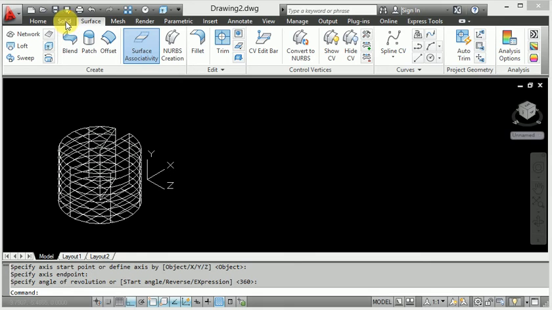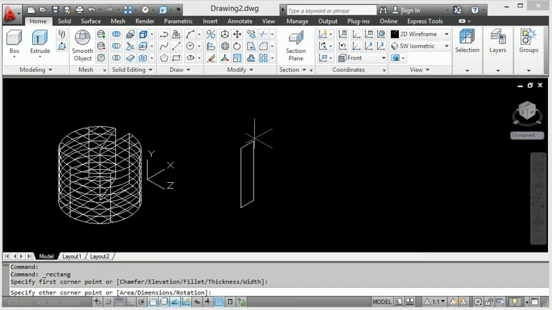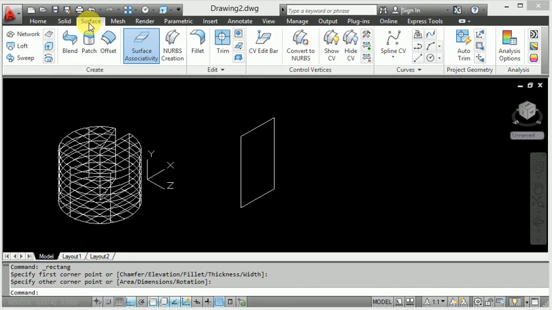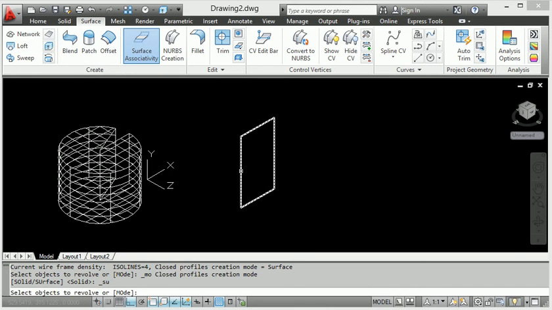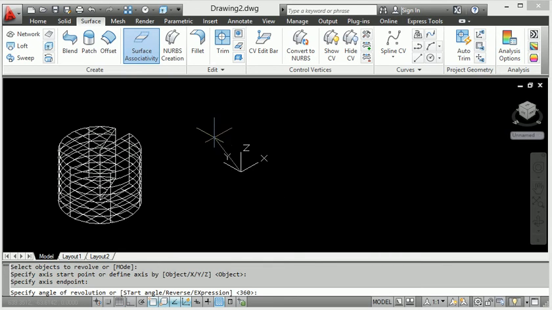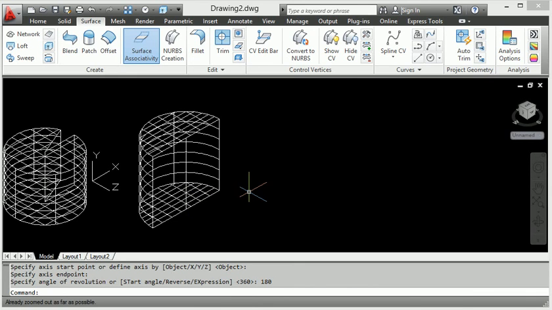For example, for another one I am going to make another rectangle. I create this one, and first of all I go to surface modeling and apply the revolve command, and also press enter and pick this point, and make this point and another half semicircle. The semicircle is used properly. So this is 180 degrees, this is 270 degrees, and I have gone to